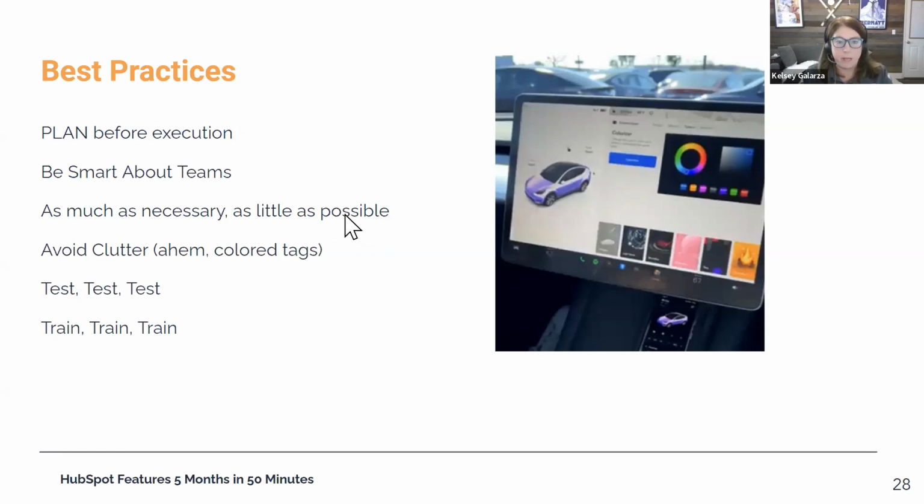If you have met me, you have heard me say that, because I really believe that you shouldn't have more. There's too much precision in a way that's not usable. So I really want you to think about your teams and how much difference they need and how much you need them for reporting. You may want to have them by division and so forth. Keep in mind,